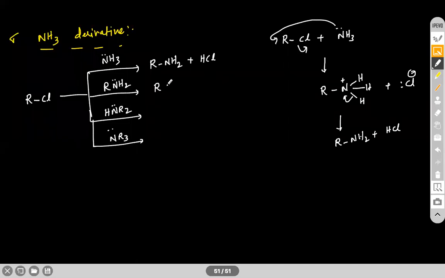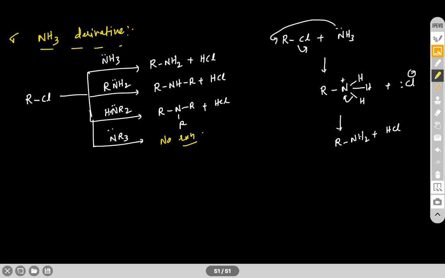Here we get RNHR plus HCl. Similarly, we get this also. Secondary amine. Here what we get? It is a tertiary amine, 3-alkyl group. What is the product here? No reaction. With NR3, it does not react because there is no factor which stabilizes this positive charge on nitrogen